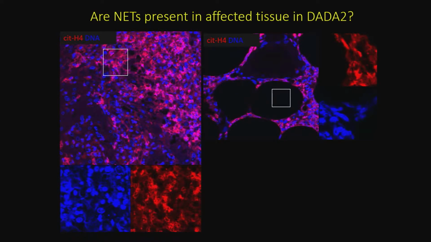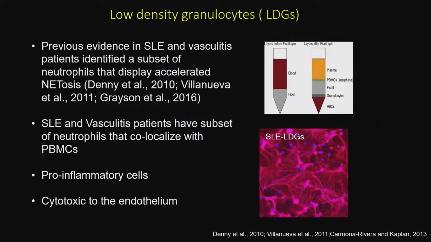So that convinced us that this process was indeed happening in vivo in the tissue, but what about in circulation? There's various ways to quantify or assess NETosis in circulation, but the way that our lab prefers to do it is to measure a subset of neutrophils. These are a pathogenic subset of neutrophils known as low-density granulocytes